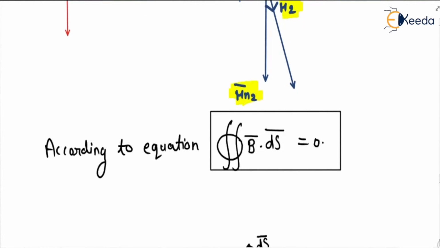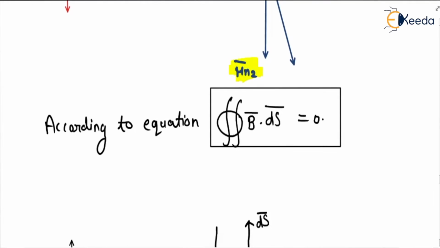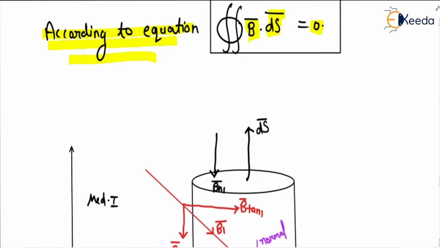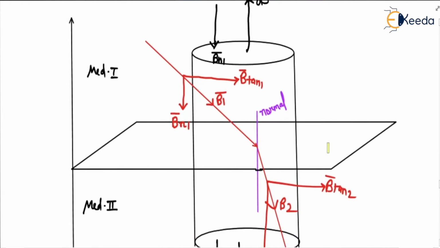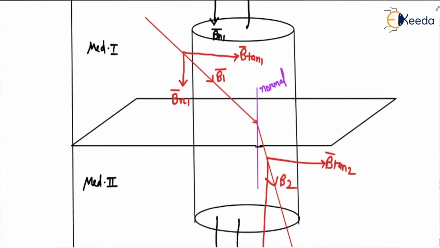Now we want to find out the relationship between the tangential and normal components. So we know one equation for the magnetic field: the surface integration over a closed surface of B vector dot ds vector is equal to 0, which is called the law of conservation of magnetic flux density. To apply this rule we need a closed surface. So this is a cylinder which will behave as a